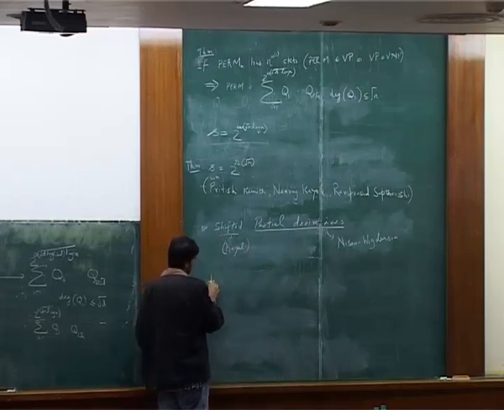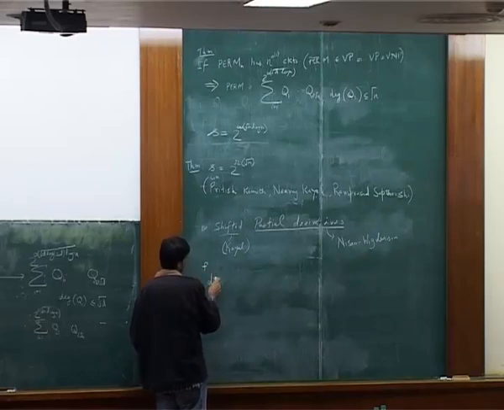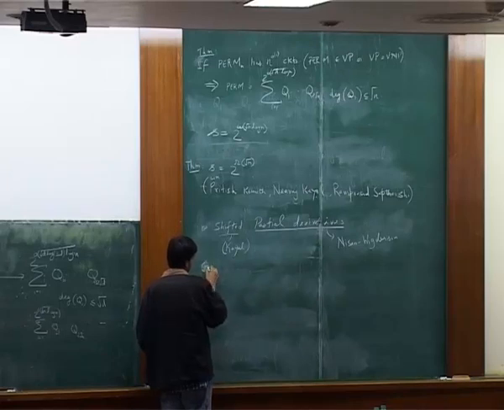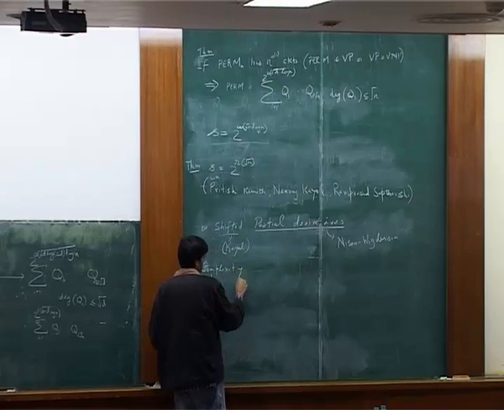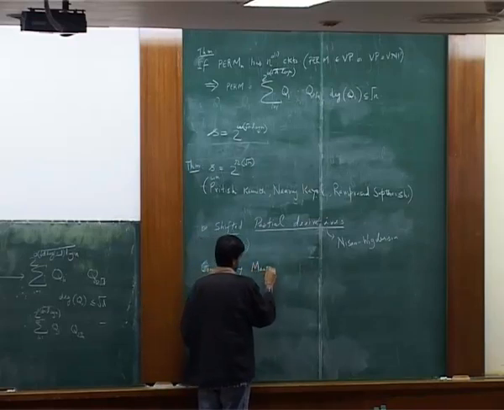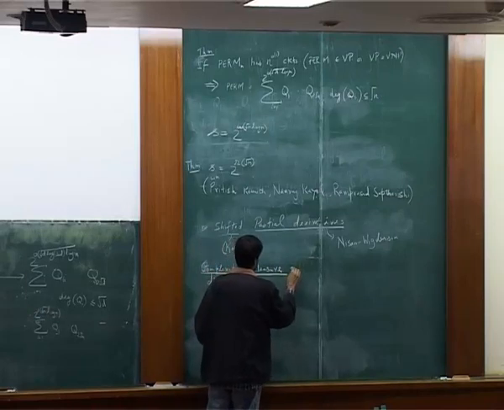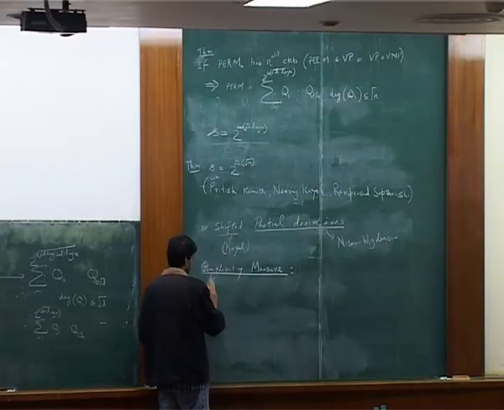Basically, for a polynomial f, here's the measure. It's just the dimension